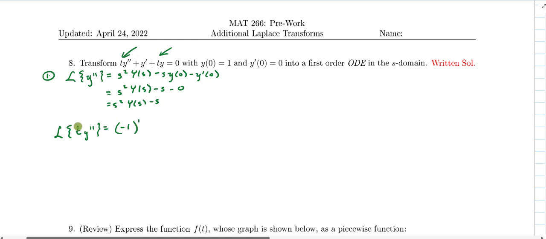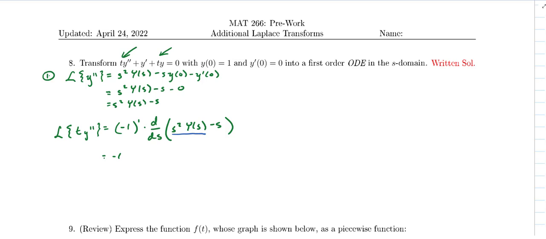Remember, that's the first power because this is t to the first power, times the first derivative of s squared y sub s minus s. And so if we continue that, we get negative 1. And taking this derivative, well, careful, we're going to have to do a product rule here because we're differentiating with respect to s. So if we go to take that product rule, we'll have s squared y prime sub s, that's the first derivative second, plus the derivative first